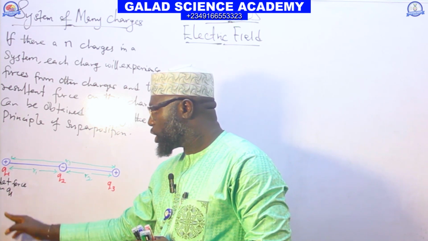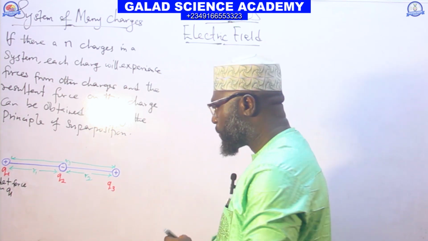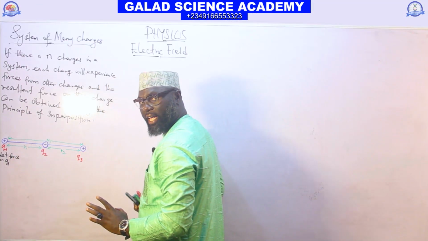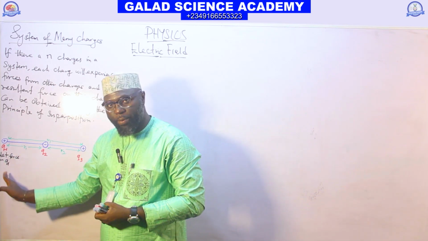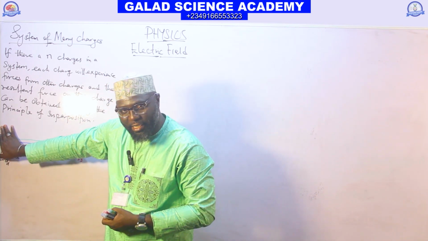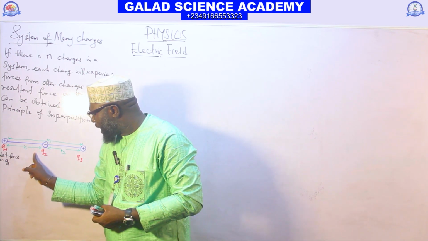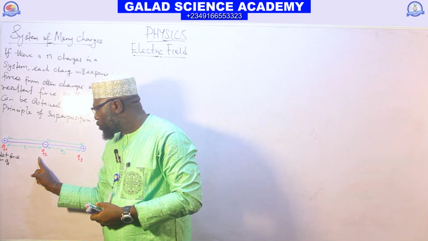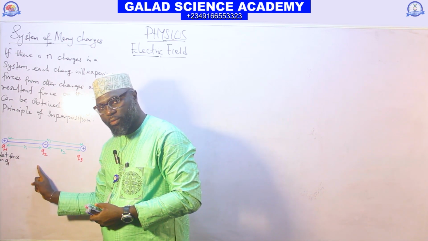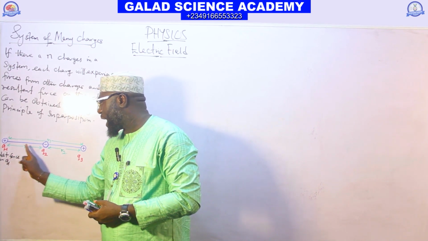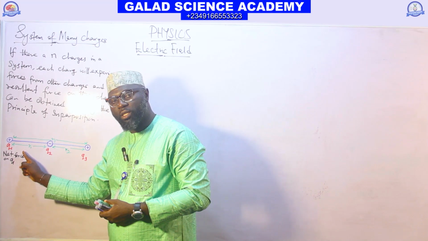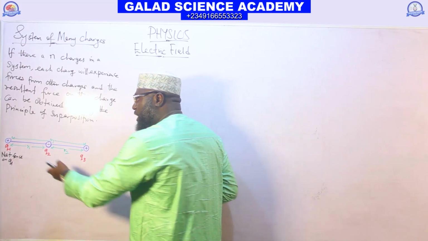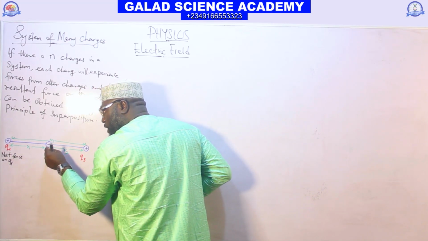On Q1. Look at this. Q1 is stationary, right? We are taking our net force on Q1. We now keep Q1 aside. Between Q1 and Q2, what kind of force exists between them? The force between Q1 and Q2 is a force of attraction. It tells us that this positive charge will move toward the